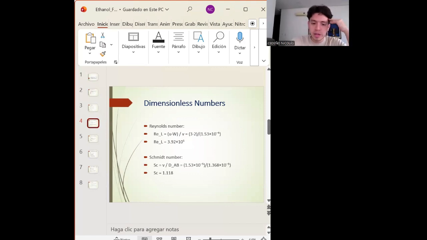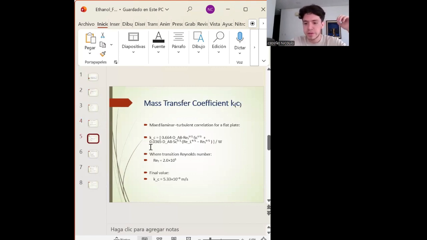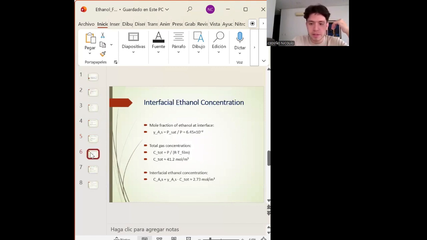Using these values, we apply a correlation to find the mass transfer coefficient, Kc. Here it is, this is the formula. And we get about 5.33 times 10 to the minus 3 meters per second. This is the value of Kc. And with this value,